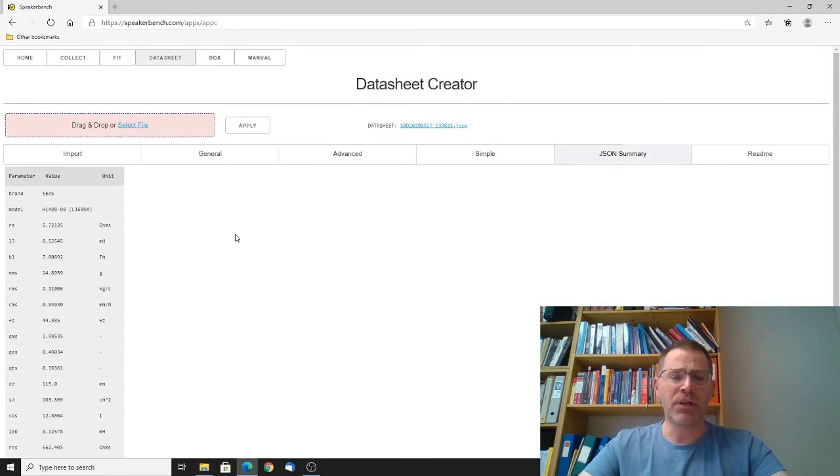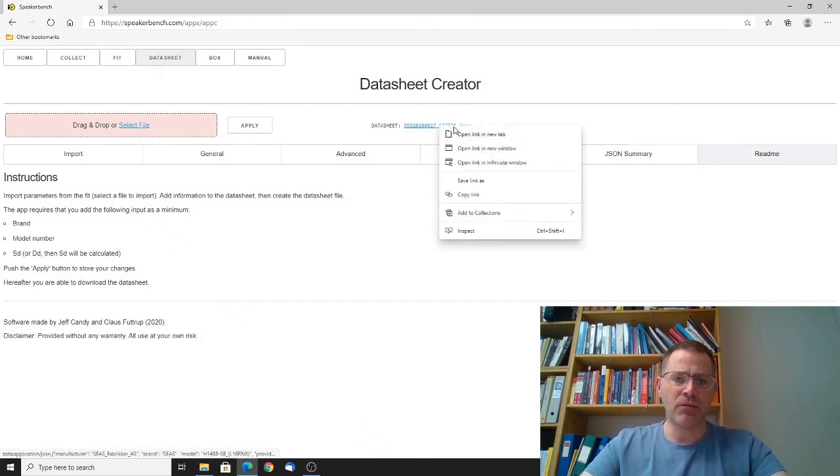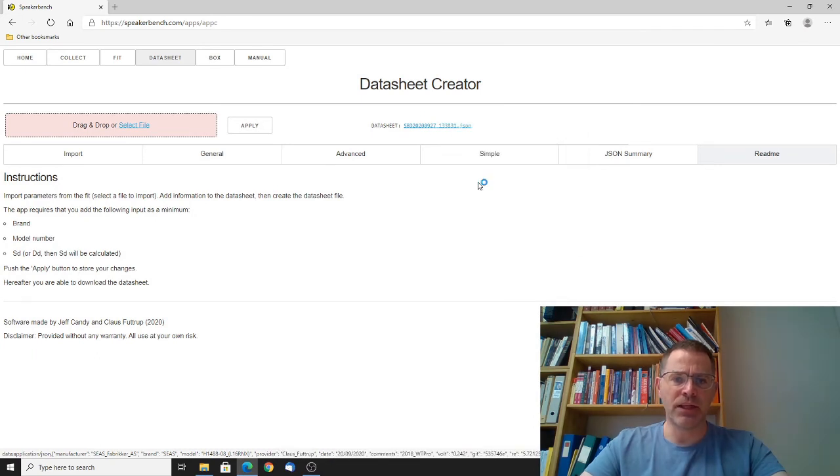One application that supports this process is V2XCAD by Kimmo Saunisto. The last tab is the README tab, which basically just explains the necessary parameters to generate a datasheet, and that's it. The datasheet is ready to be saved, so we right-click on it and save the link,